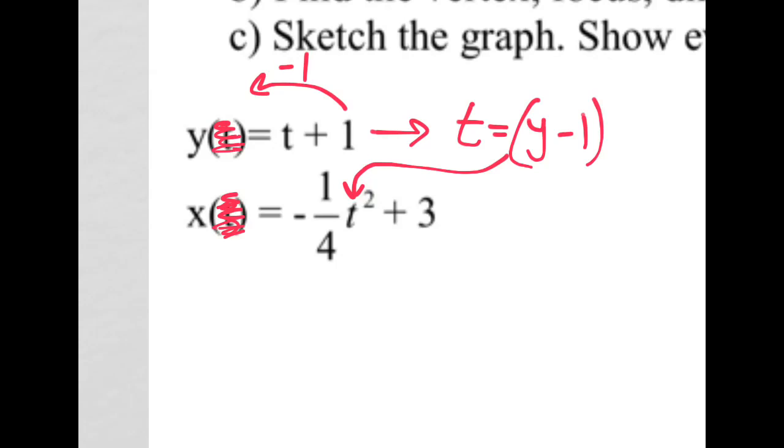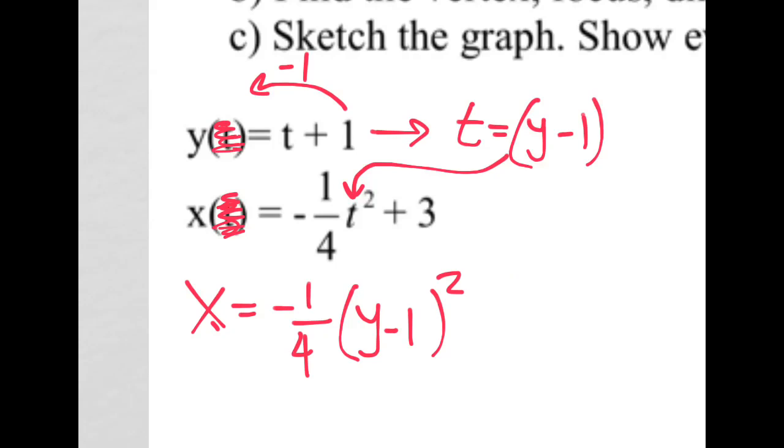So notice the y term will be squared, which means we will end up with a horizontally opening parabola. Because think about, normally we like parabolas that look like this, y equals x squared. That's our old friend. So you can remember it that way. Y is squared, which is weird, so it's horizontal. Okay, so let's write our equation. X equals negative 1/4. Instead of t, we are writing y minus 1 and squaring it because t is squared,